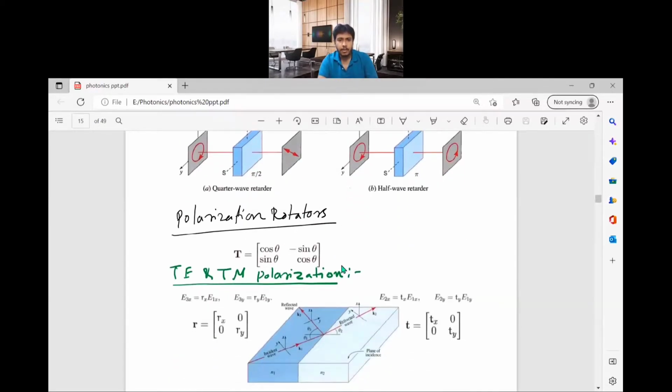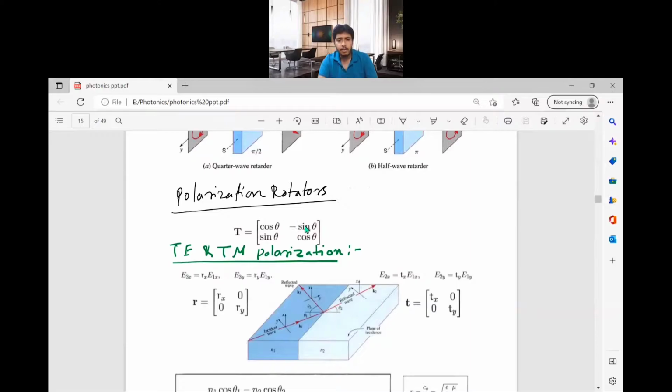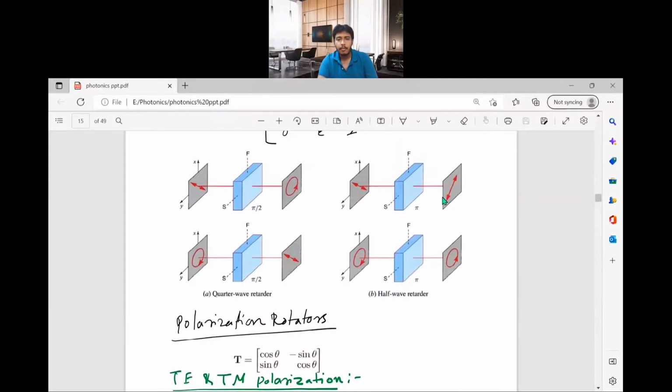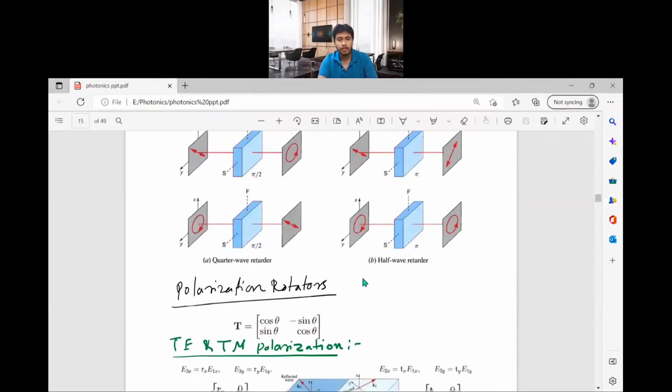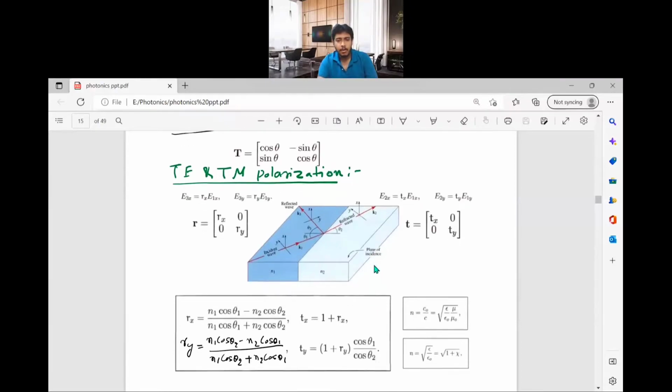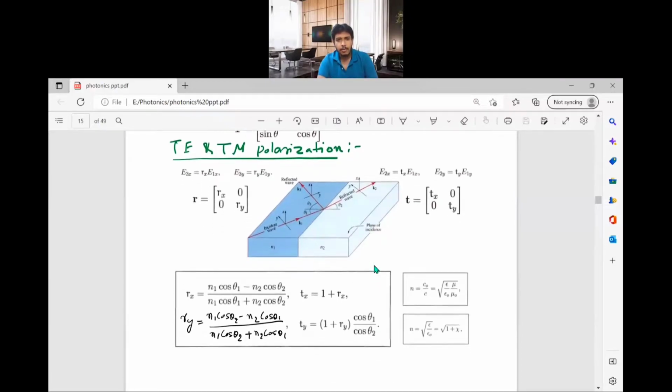And another one is the polarization rotator. It's a device that can rotate the polarization. It will keep the polarization the same type, but it can make some angle between the input and output. So if you give some input polarization, it will be rotated by some angle theta depending upon this matrix. So these are the part of the retarder portion. So now we will discuss